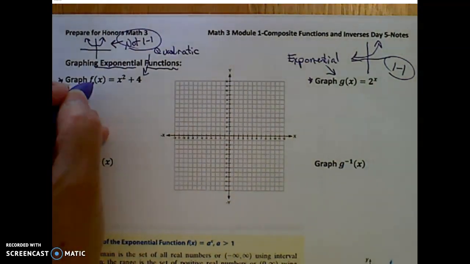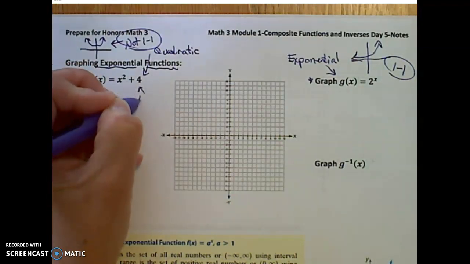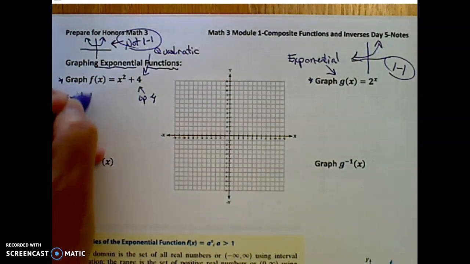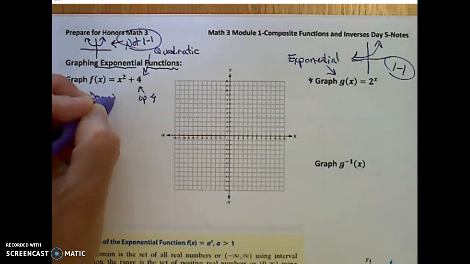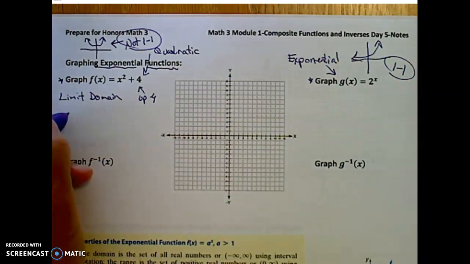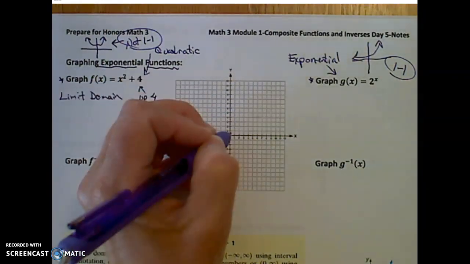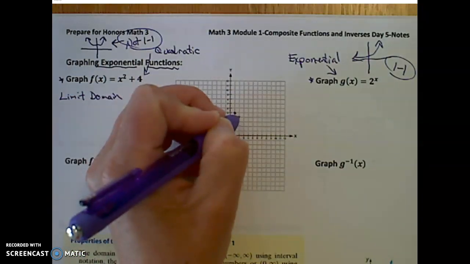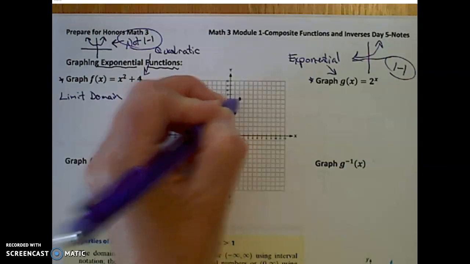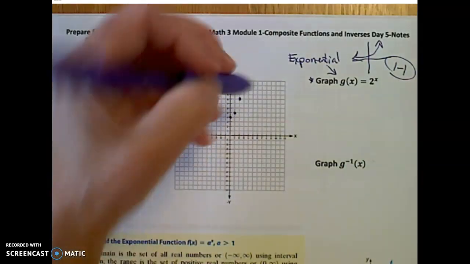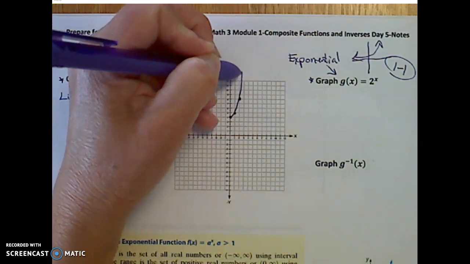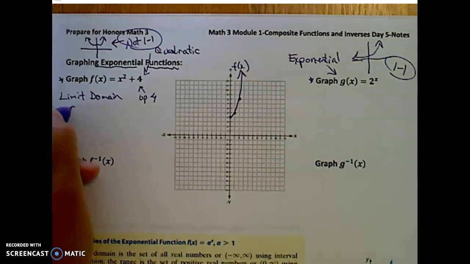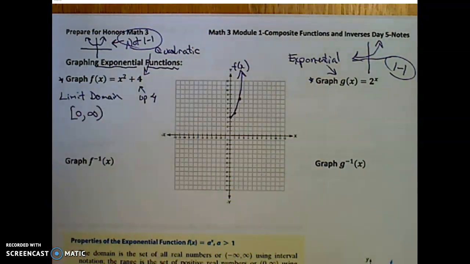Okay, so I'm going to graph this parabola shifted up 4 units, but I'm going to limit the domain so that the inverse will be a function. If you remember what that function looks like, I'm going to go up 4, put a point, over 1, up 1, over 2, up 1, 2, 3, 4. But if I go the other way, that will not be a one-to-one function, so I'm just going to keep the right-hand side of that parabola. And that's my function f of x with a limited domain from 0 to infinity, so that the inverse will